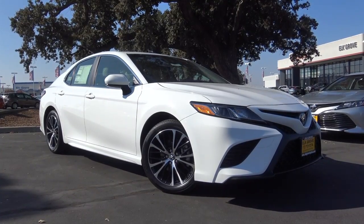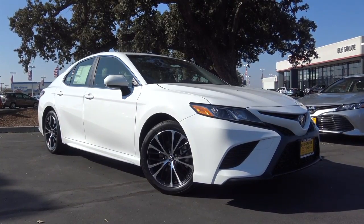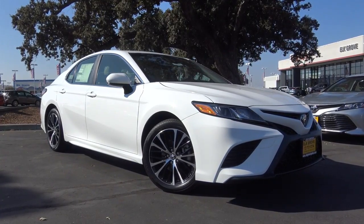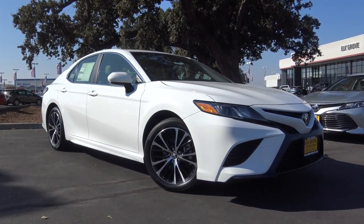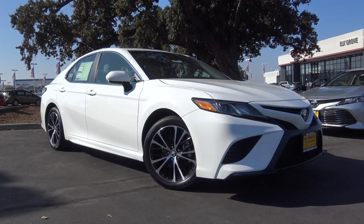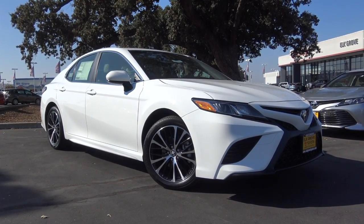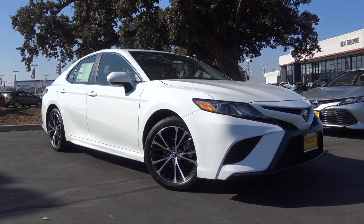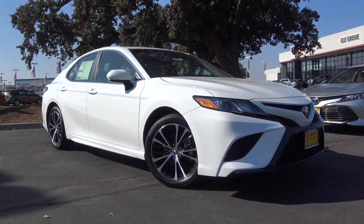It comes as no surprise that crossovers are now outselling sedans in today's automotive world. After all, they're similarly priced, have much more utility, and are reasonably fuel efficient. Toyota is certainly aware of this, but knew they couldn't give up on the best-selling car in America. For 2018, the Toyota Camry gets completely revamped from top to bottom, looking to make the vehicle much more distinct